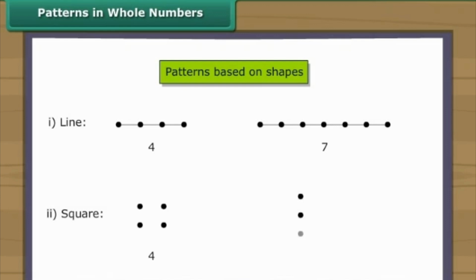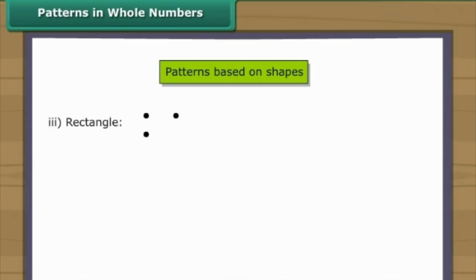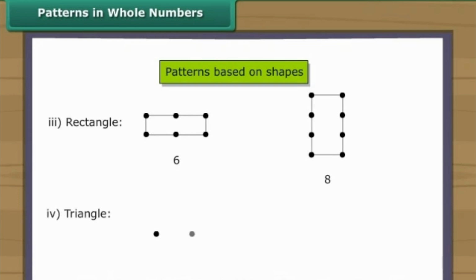Some numbers can be arranged as squares. For example, some numbers can be arranged as rectangles. Rectangles can be a horizontal arrangement or a vertical arrangement. For example, some numbers can be arranged as a triangle. For example,